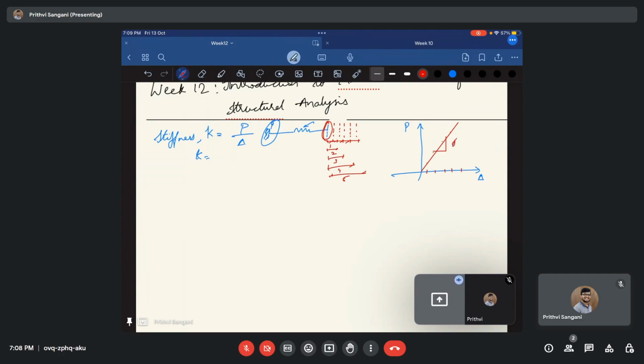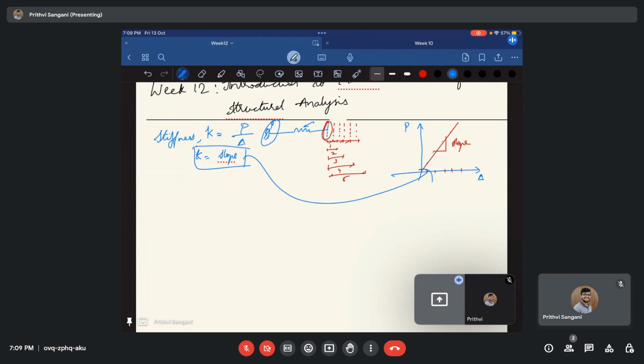Slope of this line, slope is nothing but k of this line, okay. So how much force is generated in the spring if you are pulling it by one unit, so that is called the stiffness. Similarly, this is actually easy to understand, but when we are having